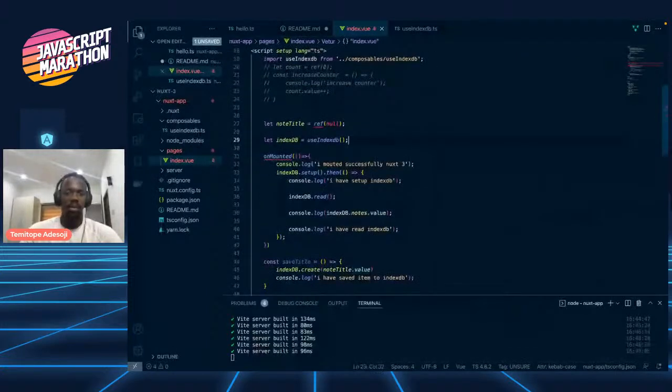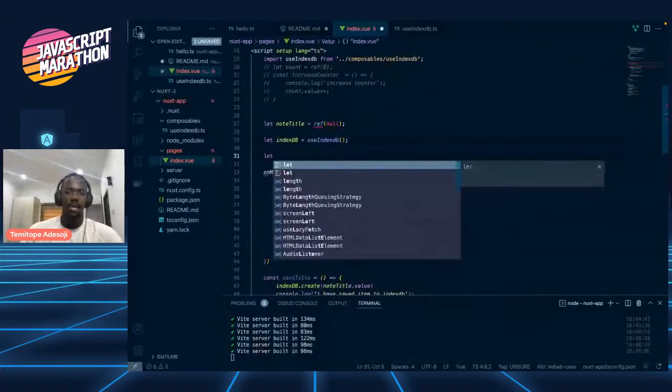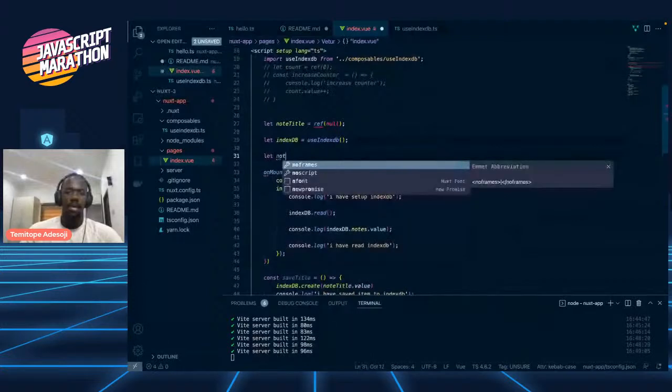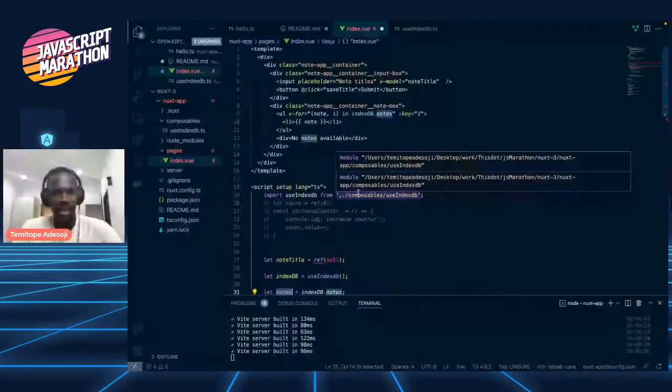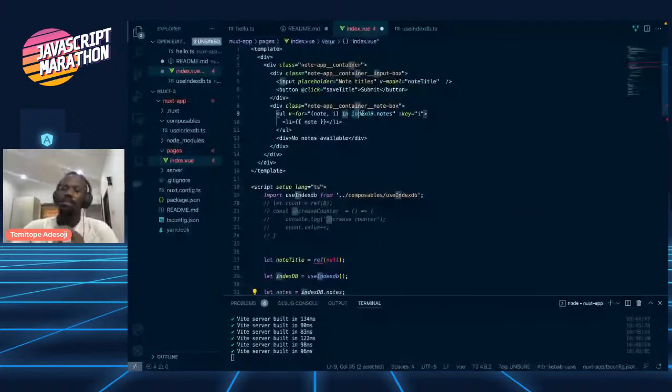So I guess we could simply do this: notes and pass IndexedDB.notes to it. And now loop over notes. Sorry. Now loop over notes. Yeah. So